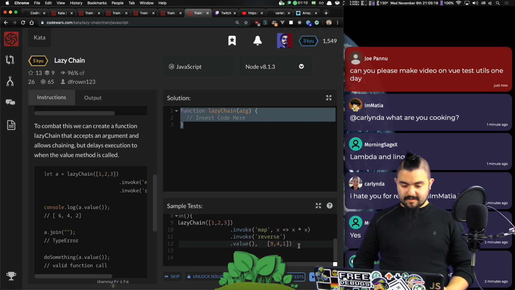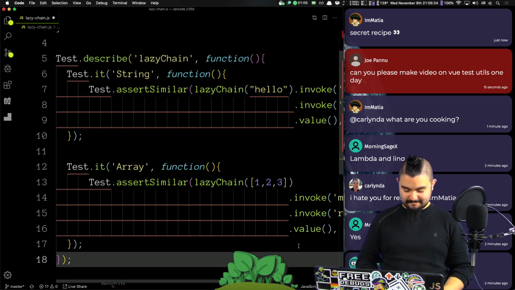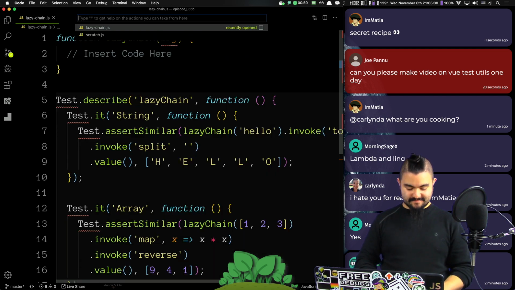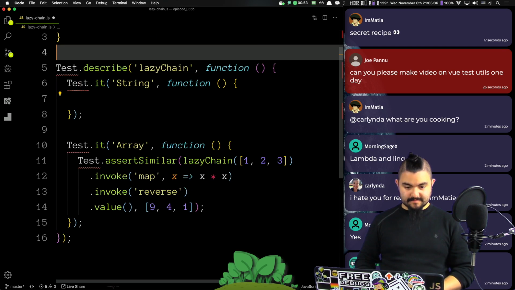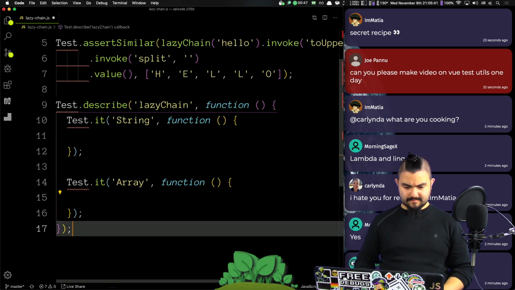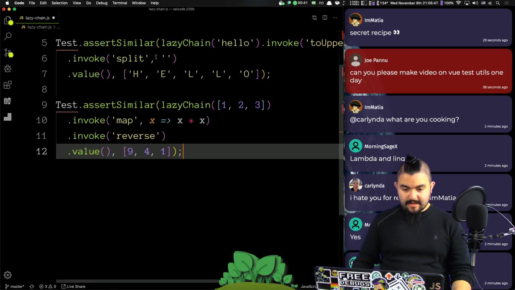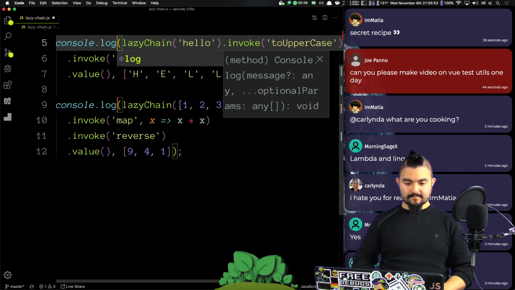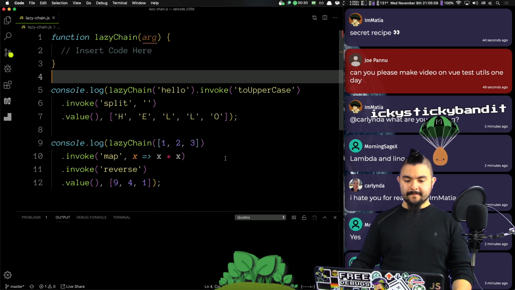And we have a couple of examples. Okay, I think really we just want this. And we also just want this. And for this, we're just going to call console log instead of having tests. Cool. So if we start up Kata, we should see